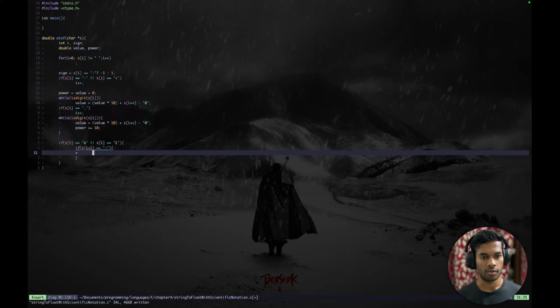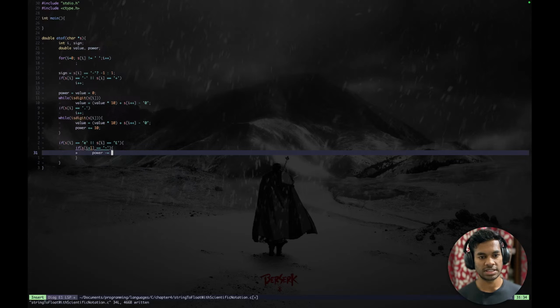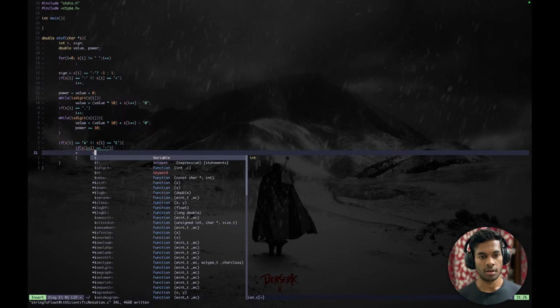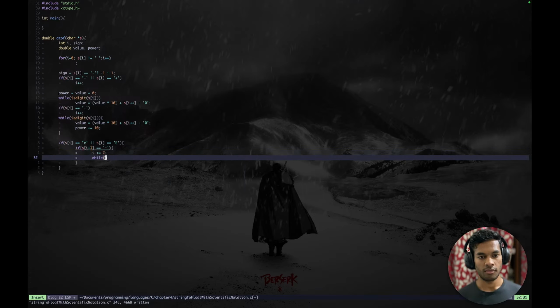When I know the next sign is minus, then I will do power minus s[i] plus, it might be a bigger number. Then if this is the case, I want to increase i by 2, and while s[i]